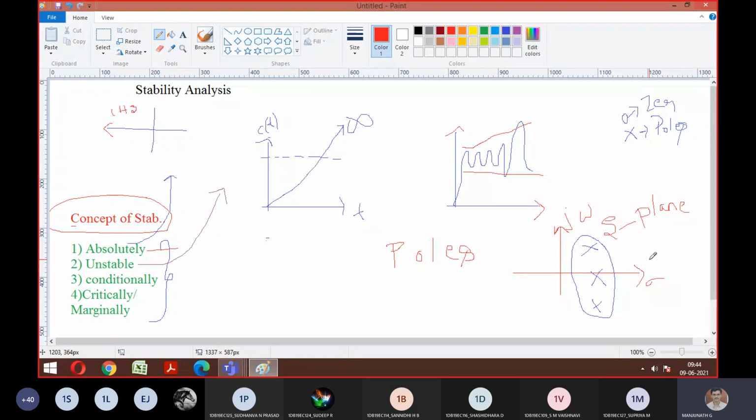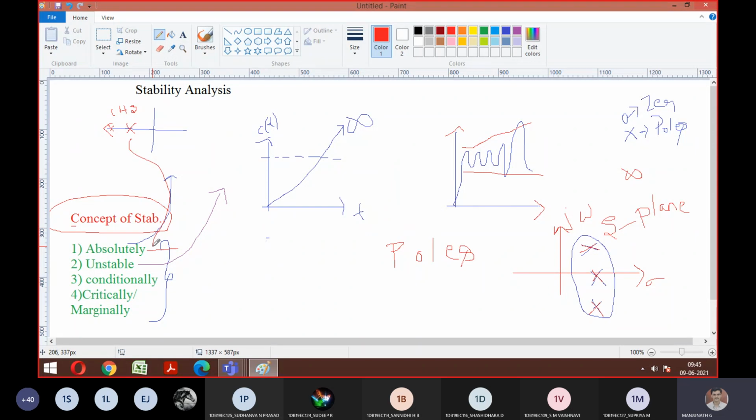So if your closed loop poles are real, real means it should not have any imaginary term. But in case of unstable, since it is reaching towards infinity, it can be real also, and it can be imaginary also. That's why I marked two cross marks here. You can see here, this can be imaginary, positive, negative, and this cross mark is exactly on the sigma, x-axis, the real term. Here it says real and negative, means your poles are towards the left hand side. If your poles are towards the left hand side, this is an example of absolute stable.